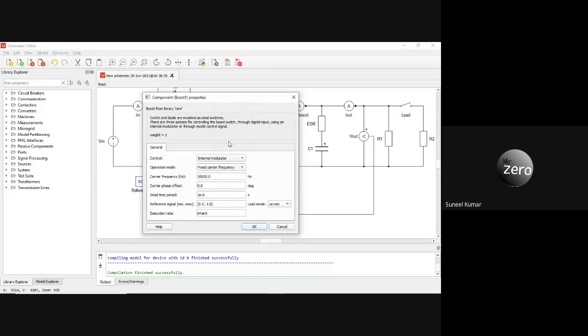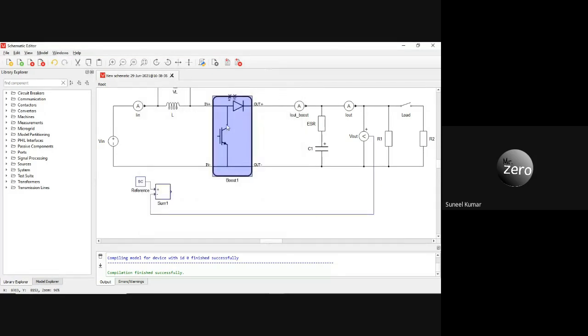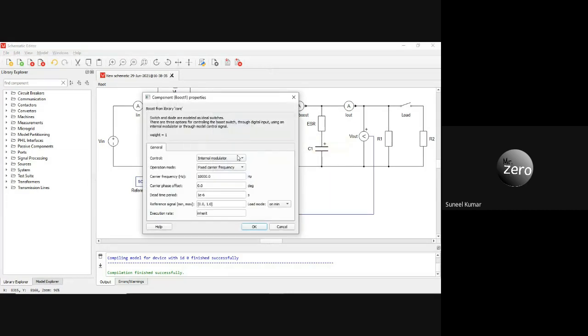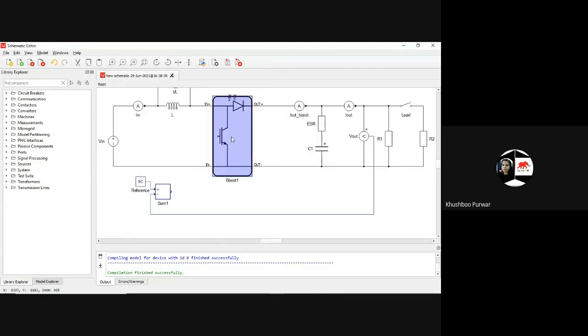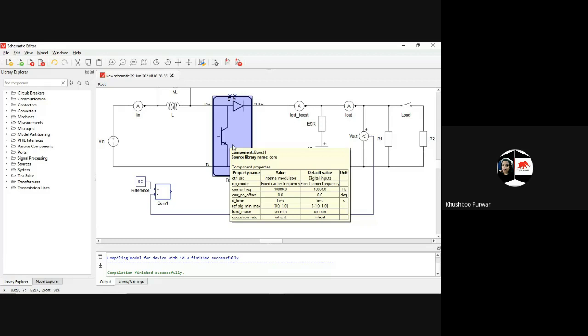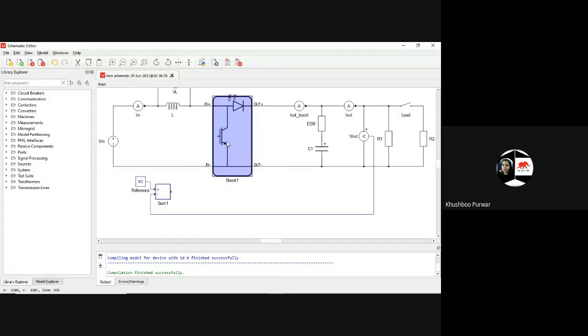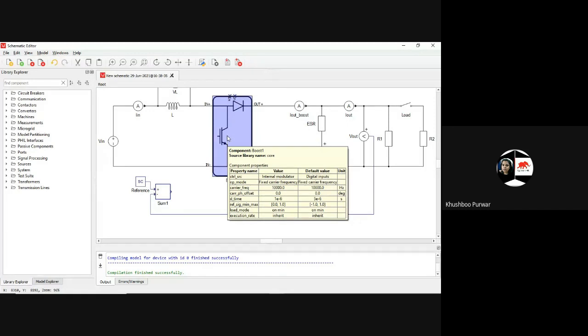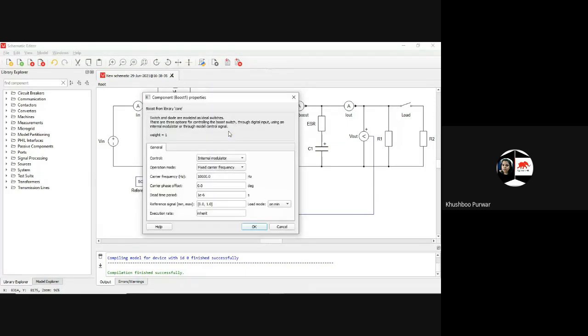Ma'am, I took the same converter, but I'm not getting the extra output. I'm getting input plus, input minus, output plus, output minus, just those four. Have you changed this control to the internal modulator and pressed OK? Yes, ma'am. Just send your pic on the WhatsApp group, your query will be clarified there, or send your pic on the chat box. Whatever you have done, by opening the box also.